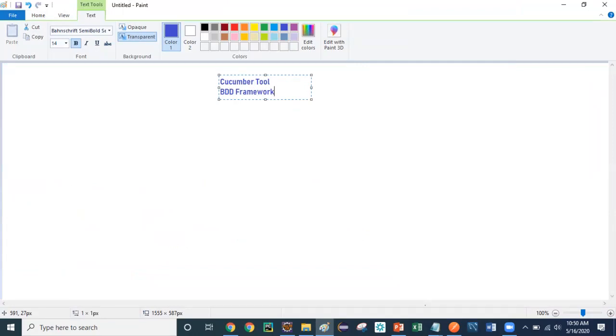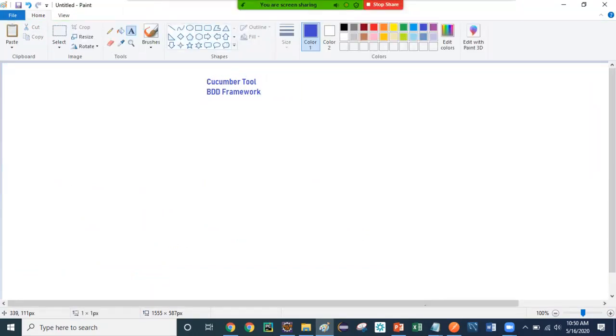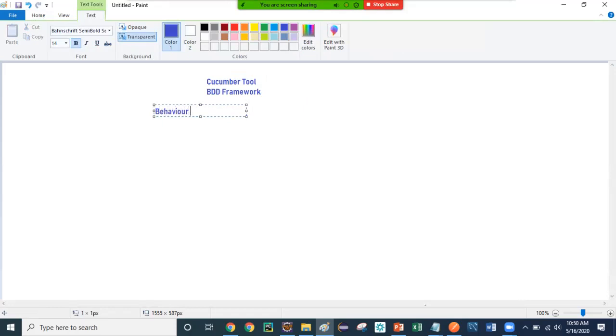right? So what does the BDD framework do, guys? BDD stands for behavior driven development, right? For behavior driven development, we do behavior driven testing as well, and for that we use the Cucumber tool. Always make sure BDD is behavior driven development, and for that we do the testing, and for that we use the Cucumber tool. Okay. So what is the Cucumber tool? Cucumber is one of the most widely used tools because it is easy to understand, because it takes